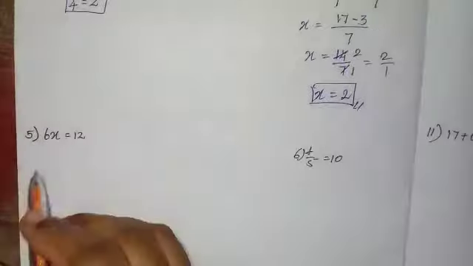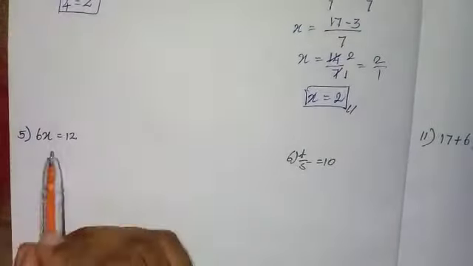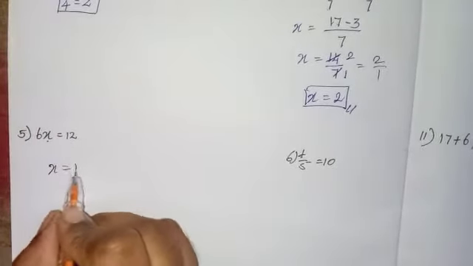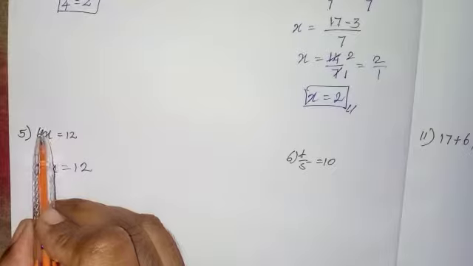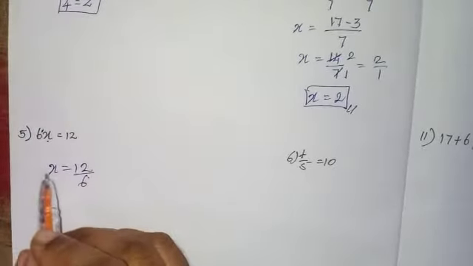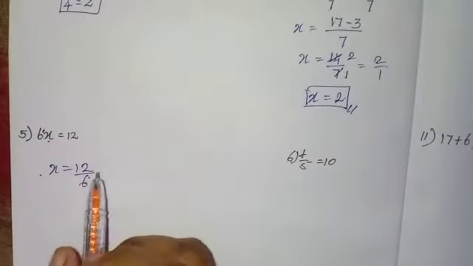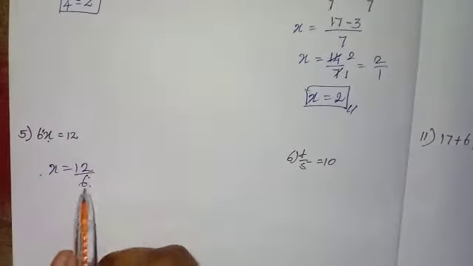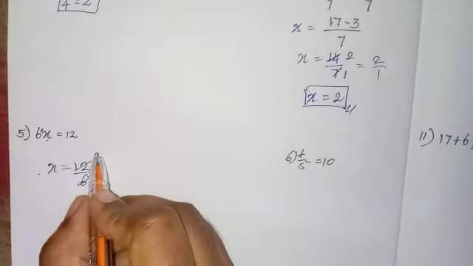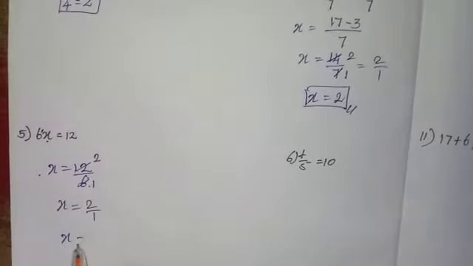So next we are going to the fifth sum. 6x equal 12. So we just want x. So I take x equal 12. Here it is multiplication. It will become divide on this side. So multiplication on the left hand side, when it goes to the right hand side, it becomes divide. It is in the 6 table. 1 6 is 6, 6 2s are 12. So x equal 2 by 1. We just take x equal to 2.